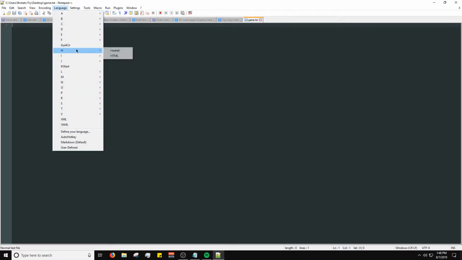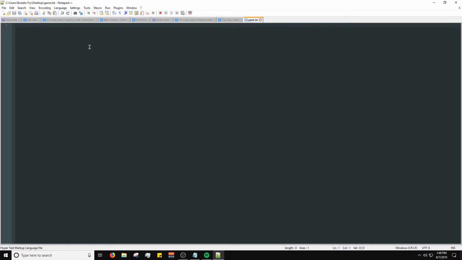If you are using Notepad++, just make sure you change the language to HTML so that you can actually use it correctly. Then we're going to be assigning the doc type to HTML. That's just a really simple thing. It's not completely necessary, but it's just kind of a backup thing. It just tells the computer to treat this file like an HTML document. Then we're going to want to create the basic elements for the